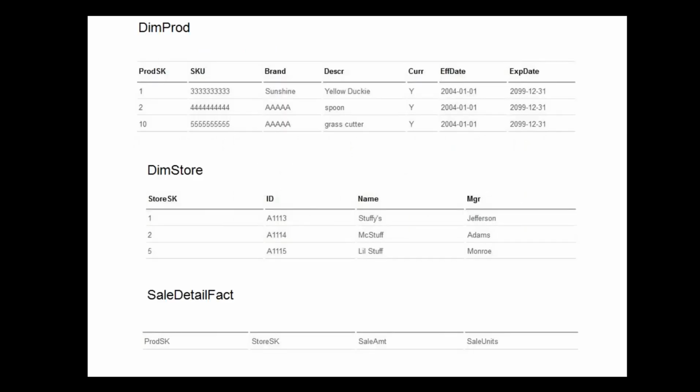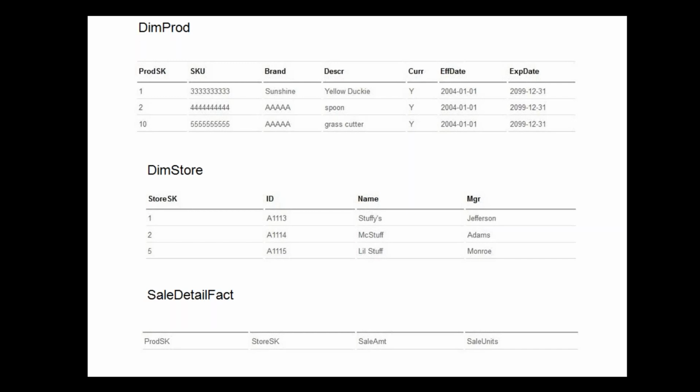The already existing data in the product dimension is like this: we already have three records, and since it is a type 2 dimension, we have a flag column which indicates the current record. So a current indicator column which will be Y for the current record and N for the history records. And then we have the date columns, the effective date and the expiration date, and the expiration date will be set to a maximum value for the active records.